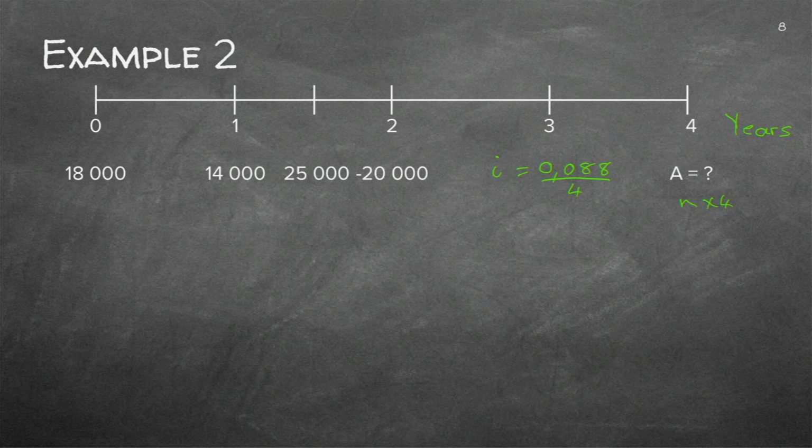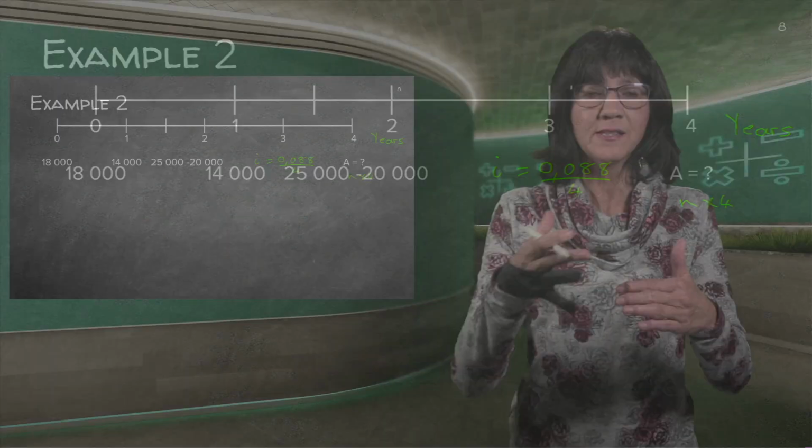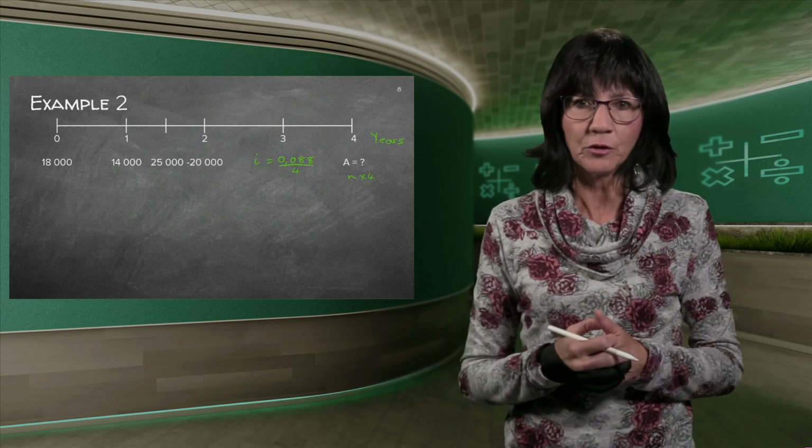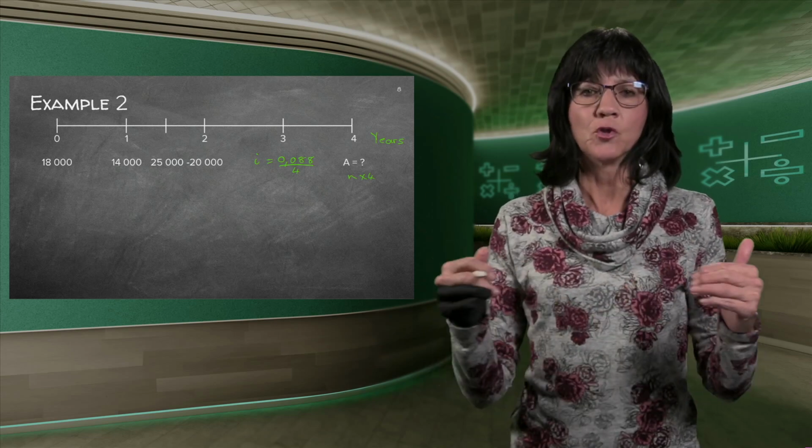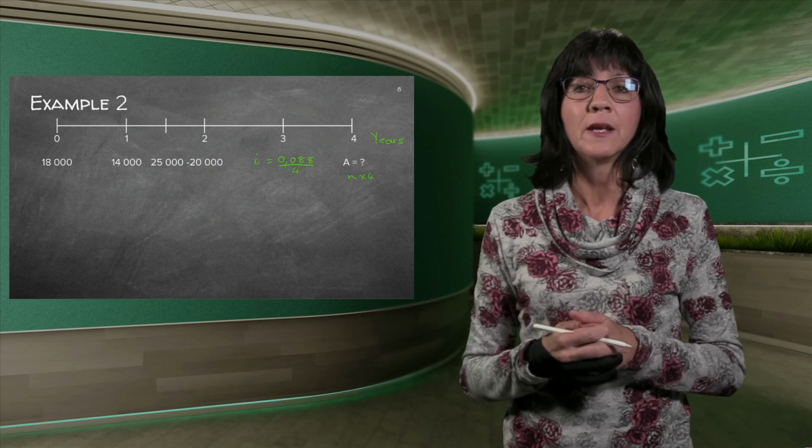I need to change all of those years into quarters. So as I go with each sum, I'll do that. Good. And you'll see all of them are just normal numbers. For the 20,000 Rand, there's a minus.